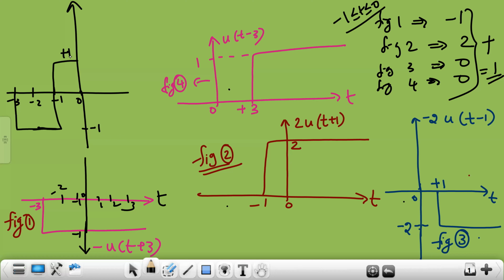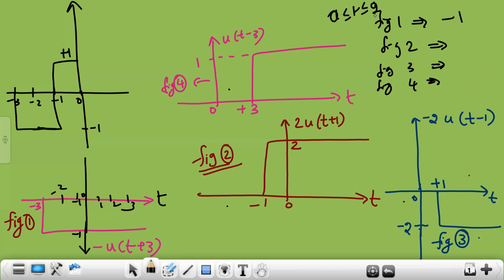Now I'll go from 0 to 1. Again, focus the time slot 0 to 1. Come back to first graph. Focus the interval from 0 to 1. In figure 1, you will be having the answer as -1. In figure 2, from 1 to 2, sorry for the trouble. From 1 to 2, what you have? Not 1 to 2, 0 to 1 only. Yes, 0 to 1. 0 to 1 I am talking about.